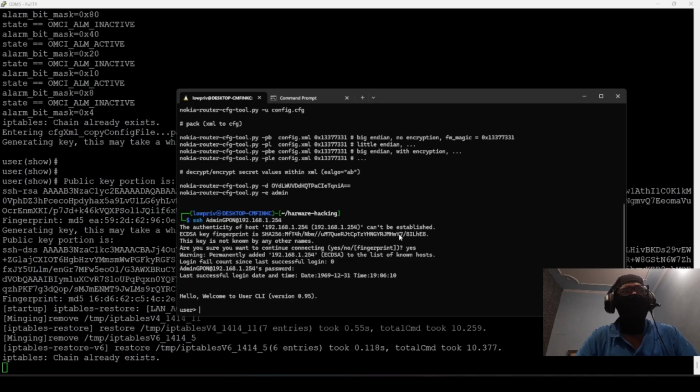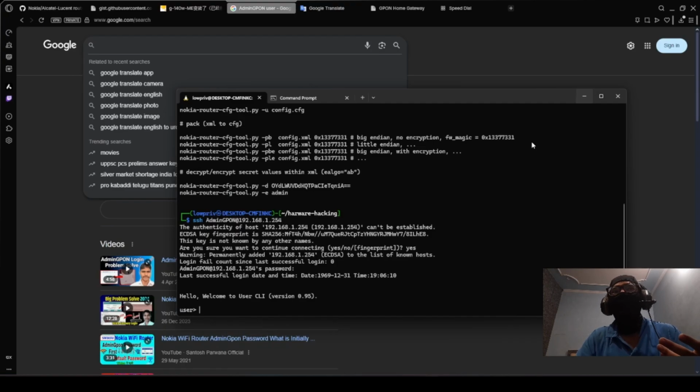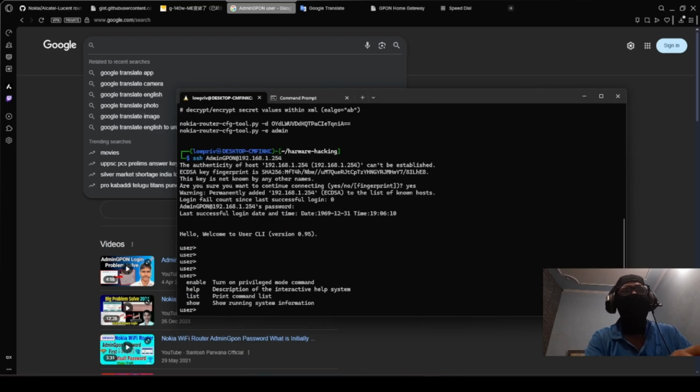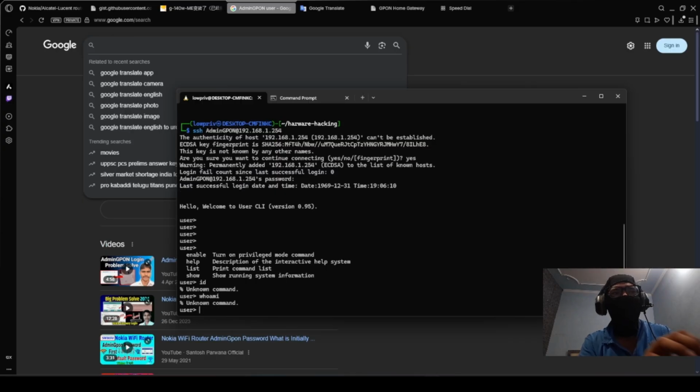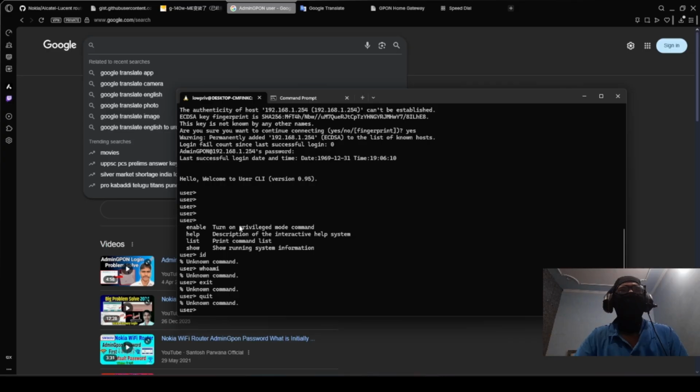So let's paste the password. We pasted the password, and we are getting this issue, right? We are not the root user, we are just in this restricted shell. We cannot execute any command, id, whoami, we cannot do anything. So let's exit. We can't even exit. Awesome. So let's open a new Kali.